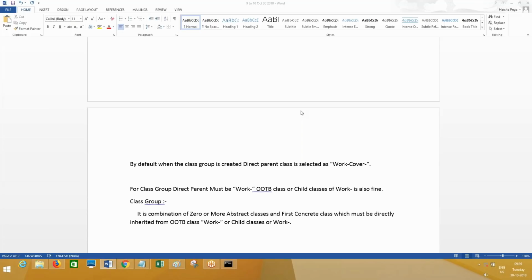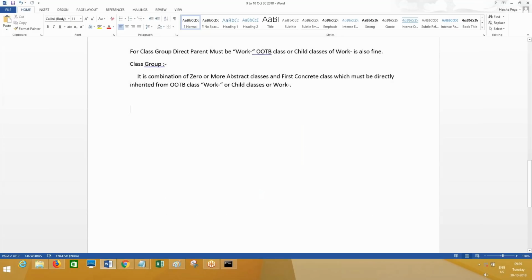Find by name first pattern checkbox. That is what is going to make it mandatory or not mandatory, but that will take some time. Don't go with that. As of now, direct inheritance is mandatory, pattern is not mandatory. How to avoid pattern also we will see later. Okay. So now, let's look at framework class group.